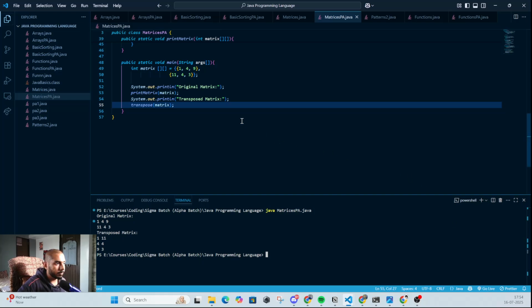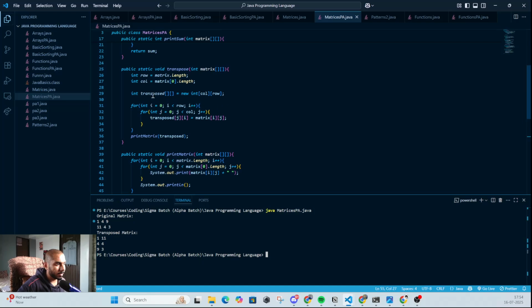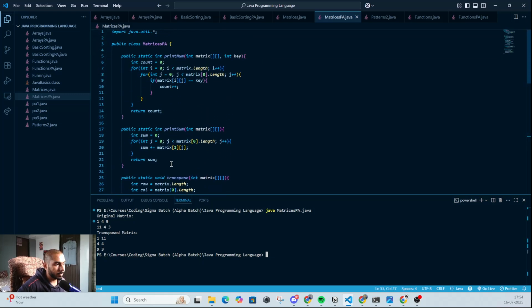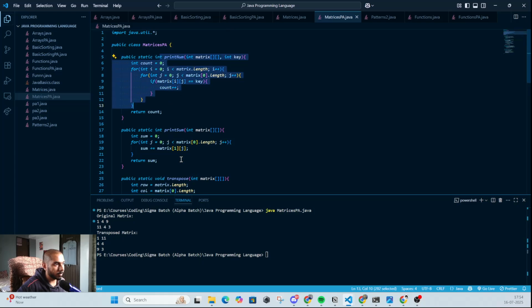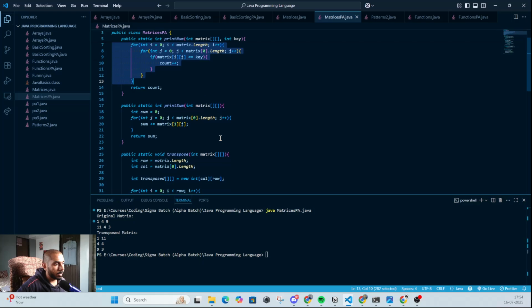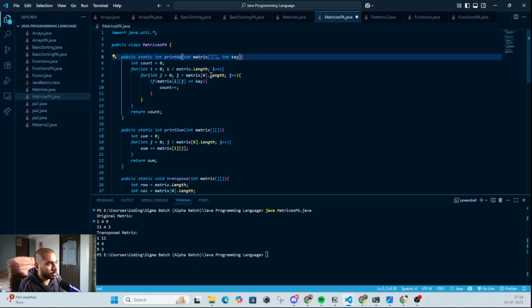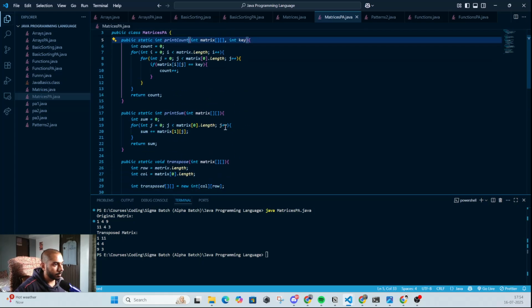And so basically, additionally, they have not created the function for this transpose, where they have just defined it right here. But again, as I said, to see and evaluate these things, like this was different, this was different, and yeah, I think we can call this print count. Okay, print sum,